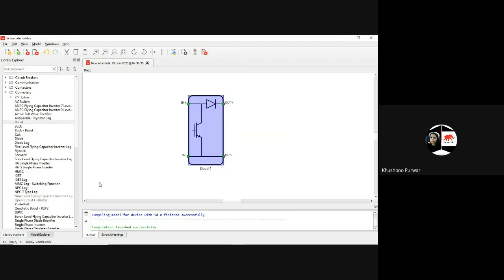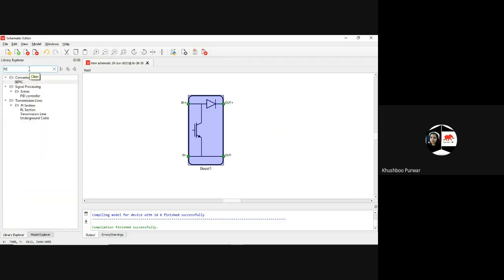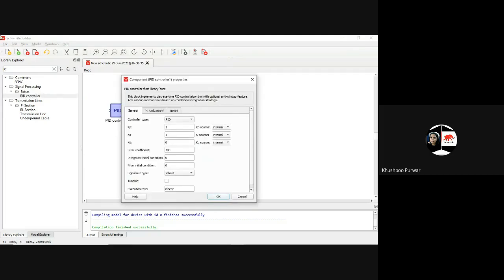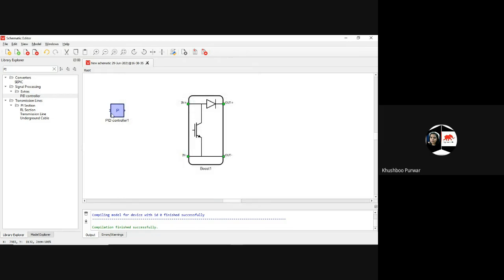Okay. The three main parts of this boost closed loop controller are: one is the boost converter, which I have shown, and another one is the PI controller. I will just show you. This is the PID controller, which we will design in the controller part. Here also there are options: you can change to PI if you want to use PI, or if you only want to use P, just see. So this way you can do it. Otherwise, we can also design the PI controller. So today we will design the PI controller in the control section.